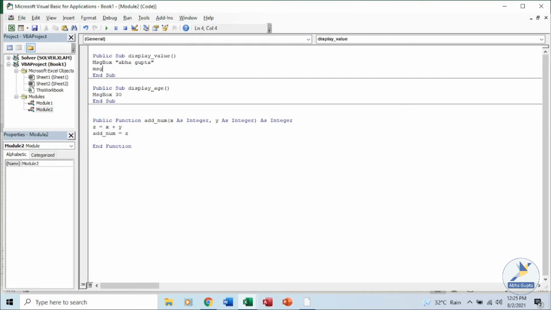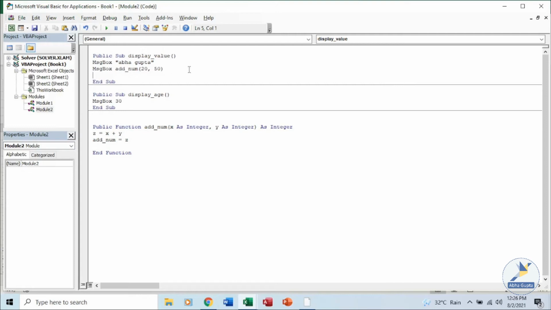So using message box, we will call our function. Say the name of my function is add num, and it is taking two values. We can pass the values over here and then it will display the value from here.